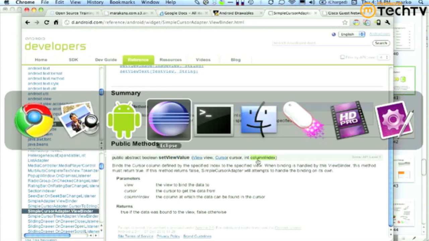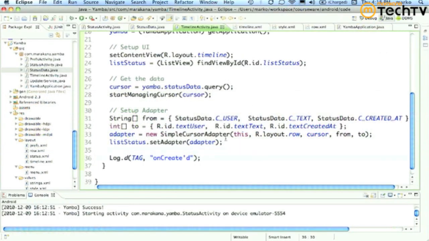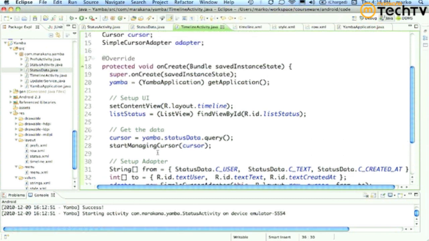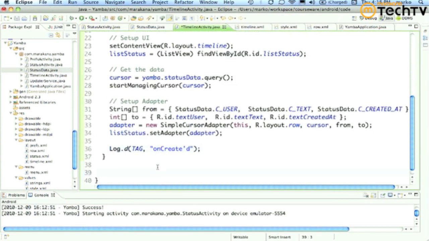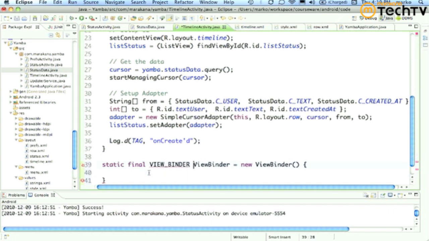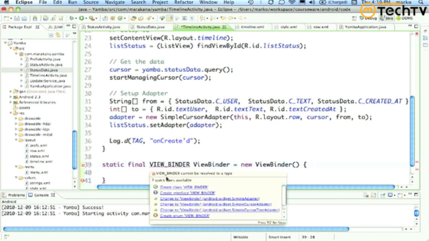Okay, so timeline activity. What I'm going to do is I'm going to create a new view binder. So I'm going to define it as a constant here. So it's going to be static final view binder equals new view binder. Oh, I got to give it a name. View binder, since it's a constant, right? And then I need to say add and create